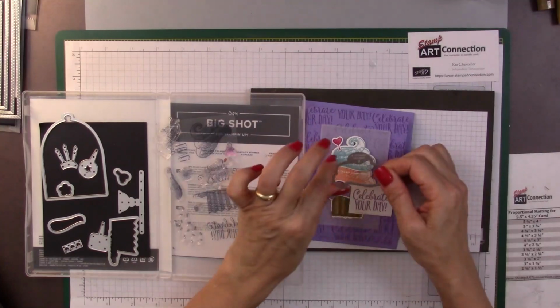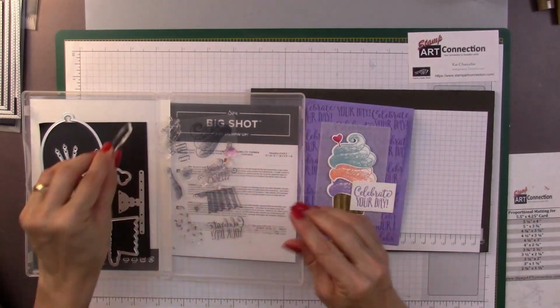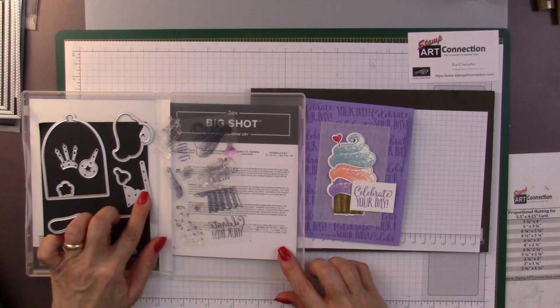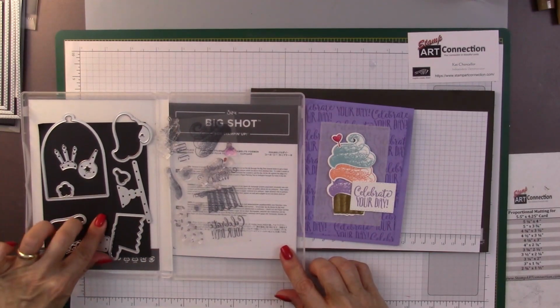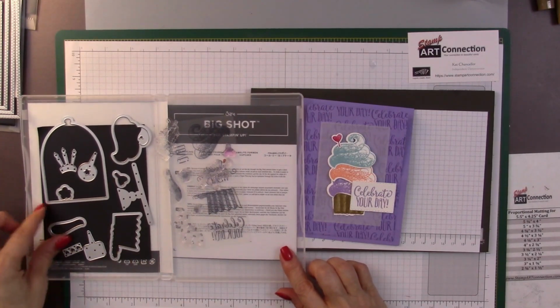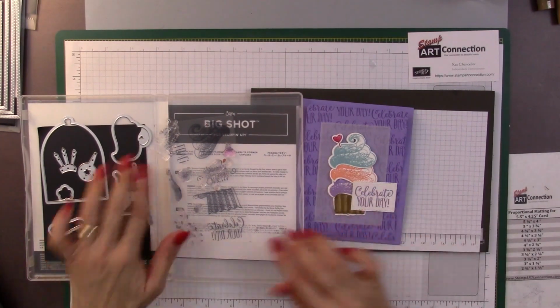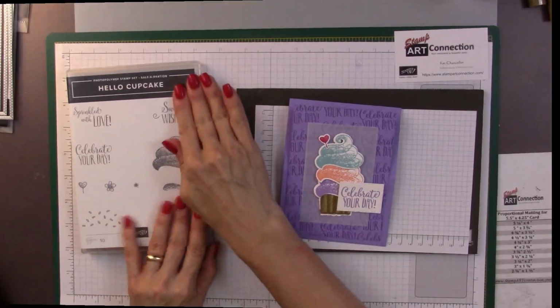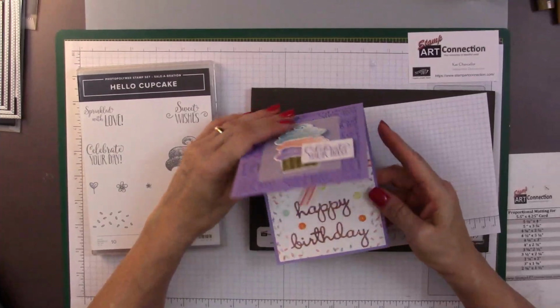It's a framelit that basically will cut out all your little pieces of ice cream. It has a very nice little dome and a pedestal for arranging your cupcakes and cutting out the cupcake base, as well as the little middle part. And when you open up the card,